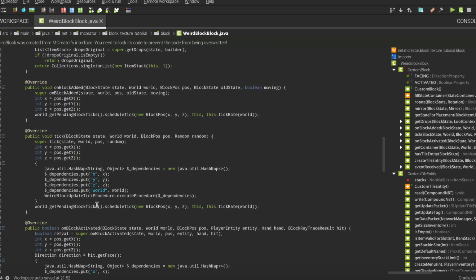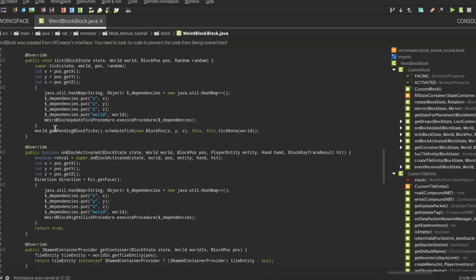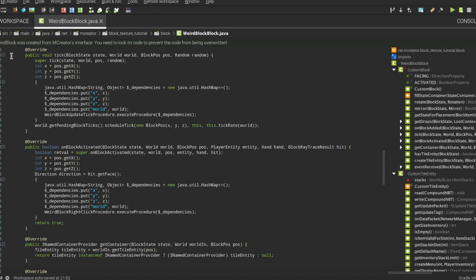Then you're gonna need to go to line 125 here. You have override public void tick. So I'm giving you a code that you need to copy paste.